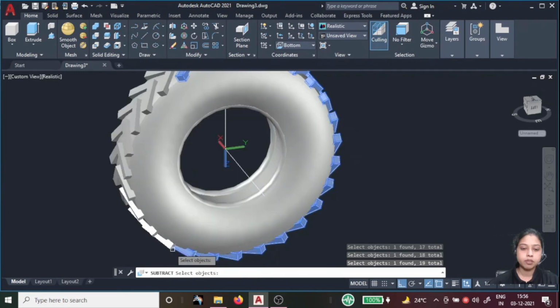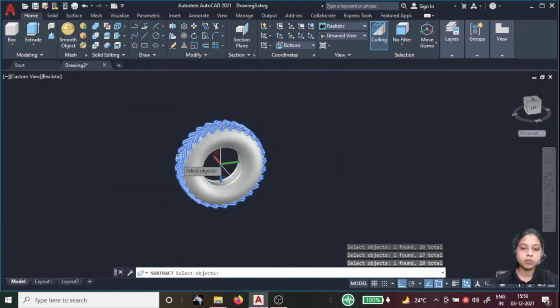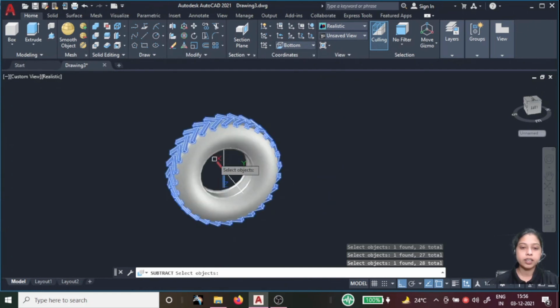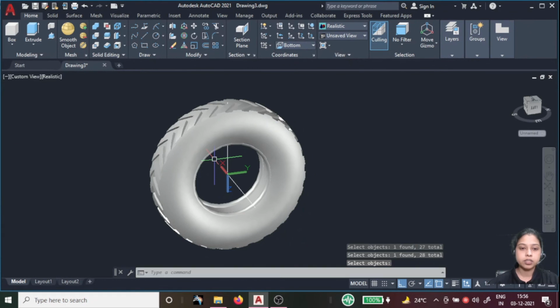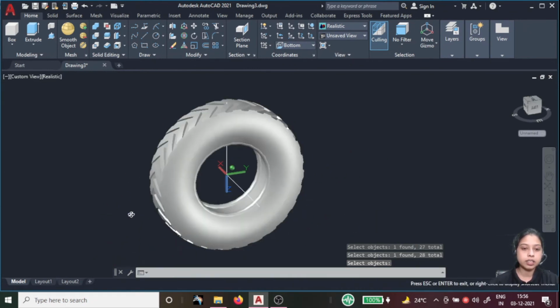Be careful, select it and again select it. Now all my objects are selected. Now I can go for enter. Now see my profile, my tire has been created.